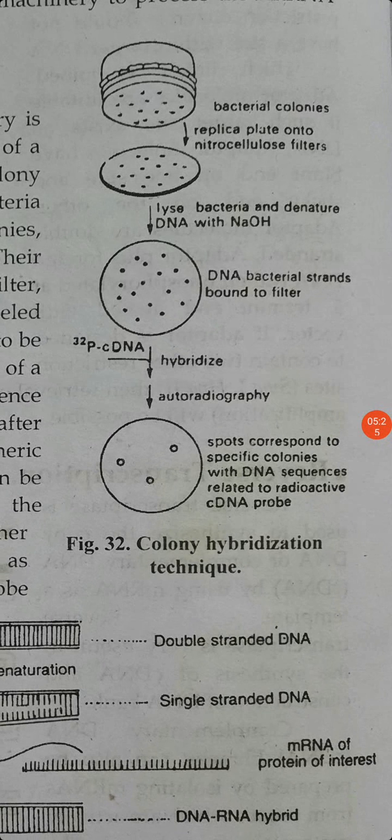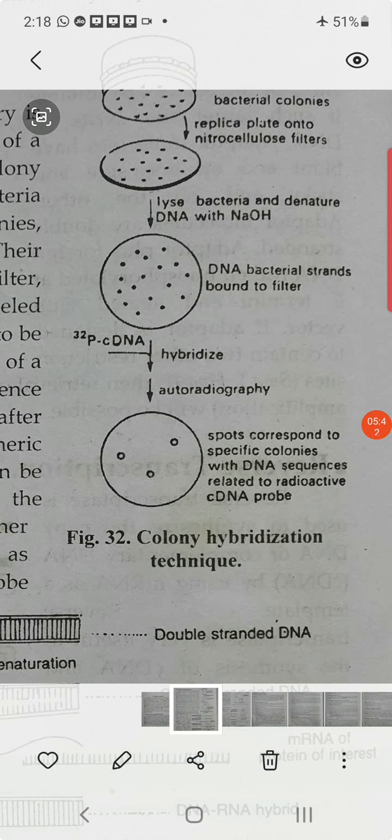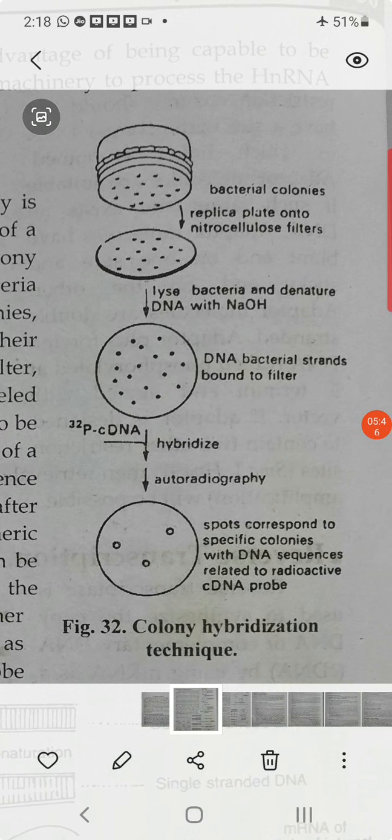So once the complementary DNA library is available, it means we have many molecules. In the case of bacteria, we get the similar gene in many organisms. That is the DNA library. One may like to use it for isolation of a gene sequence. So we have to isolate that DNA for the gene sequence because we have many more copies. This can be achieved by the colony hybridization technique.